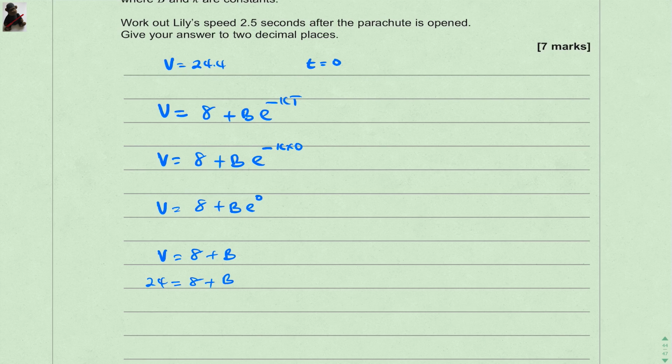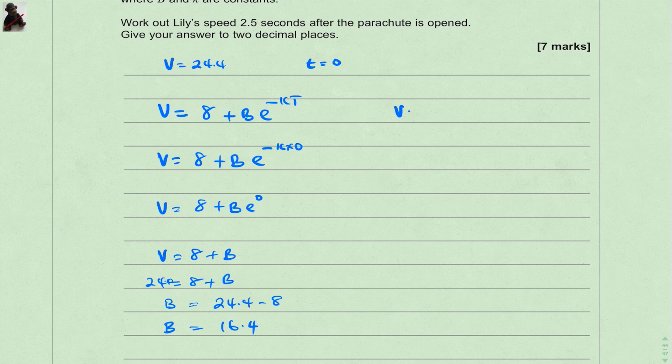In fact, 24.4. So therefore, b will be equal to 24.4 minus 8. So I take away 8 from both sides. And so I get 16.4. That's my b. So if I take that 16.4 and I put it back into the equation,